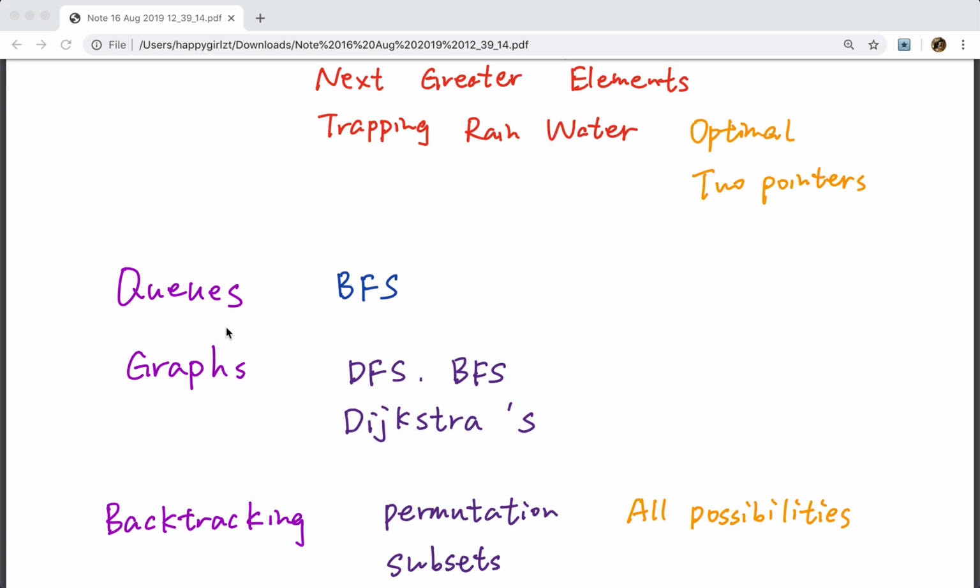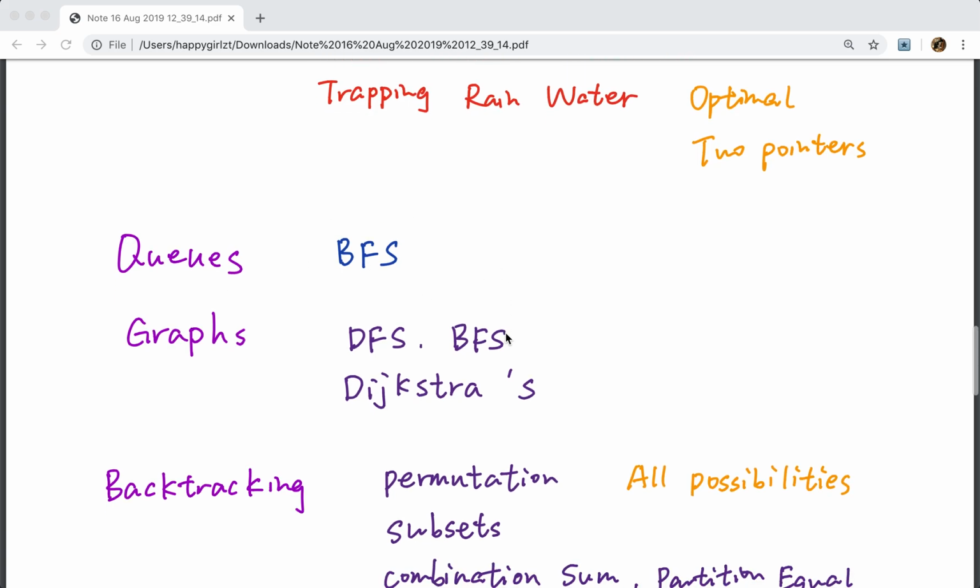Queues are frequently used in breadth first search. For graph problems, I think the hard part is that you need to figure out this is a graph-related problem. Sometimes it's very hard to figure that out. Like if you are given two sentences, you need to find their similarities. You should do some abstraction to treat that problem as a graph problem. But once you figure out it's just a depth first search or breadth first search,